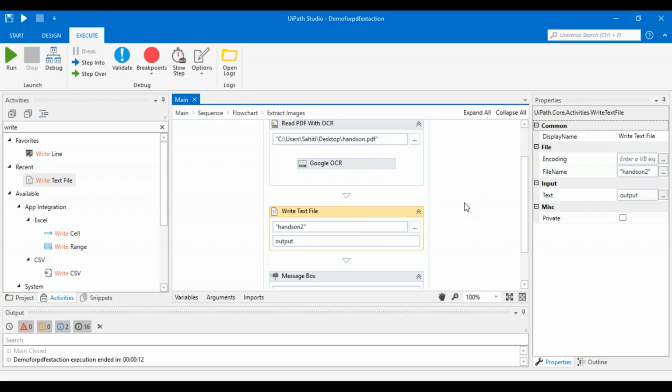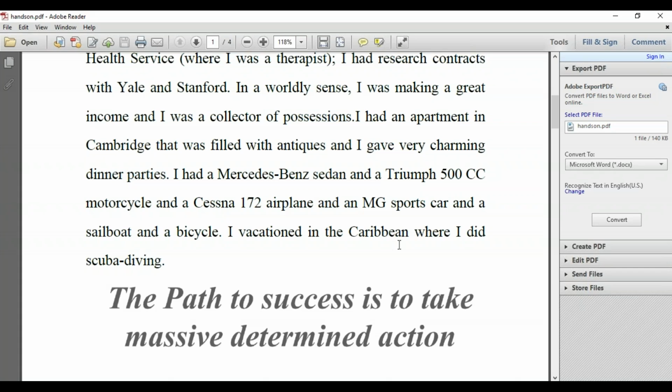Now, before I close this section, let me tell you one more interesting thing. Both the read PDF text activity and the read PDF with OCR activity are self-contained. When I say self-contained, I mean that you don't need the applications open. Even if our PDF was closed, it will still extract the data from the PDF and give the output. That means both these activities can run in the background, which is one good plus point when you want